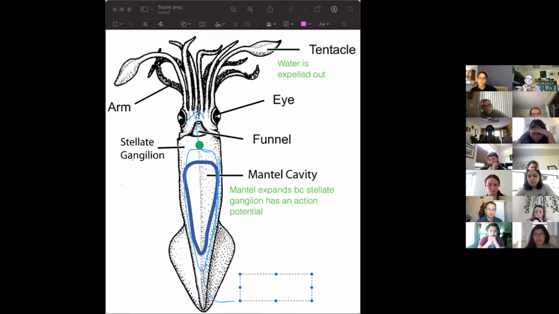Yep. Right. And then that's the water flow, I would say. Where would we put the nerves, guys? The stellate ganglion is where the nerves would be to allow for the mantle cavity to expand, because it's like a muscle. So it needs to constrict and